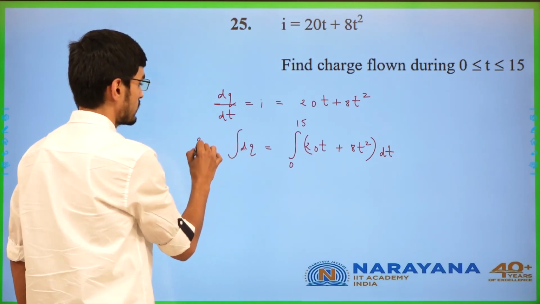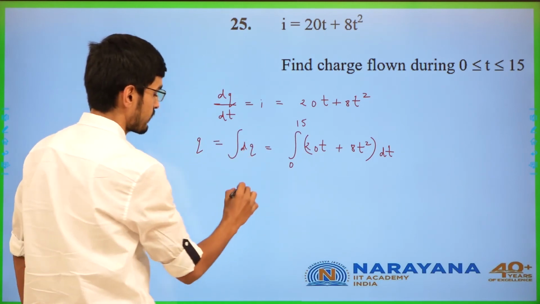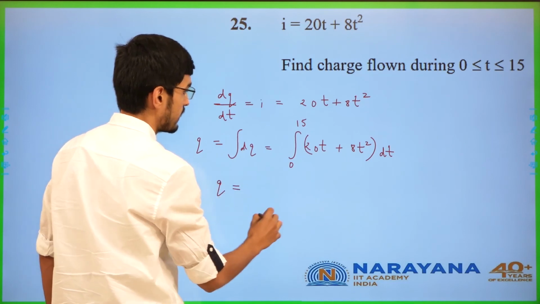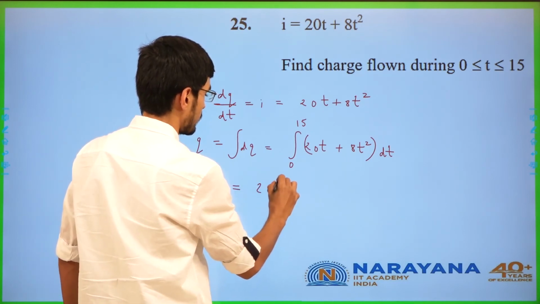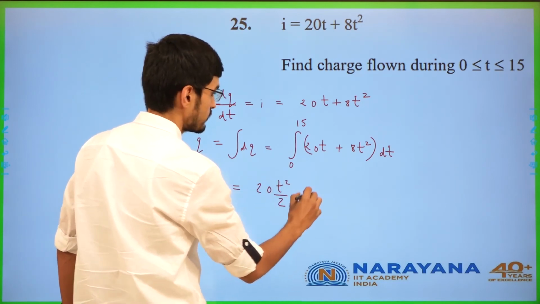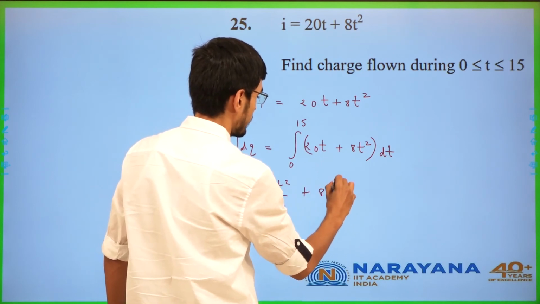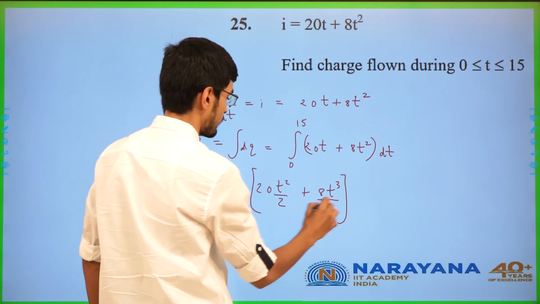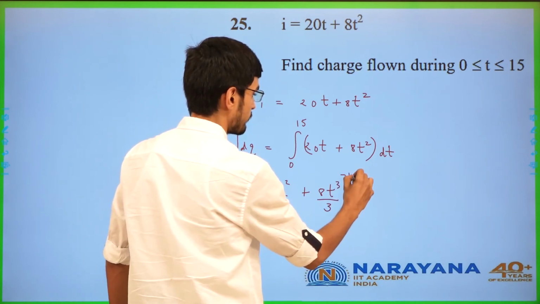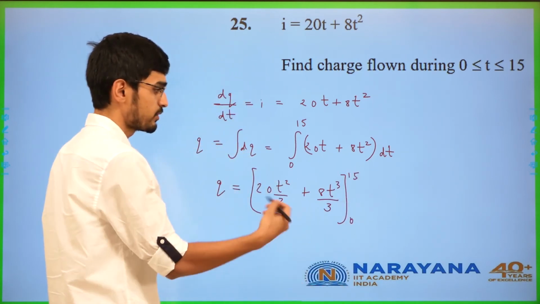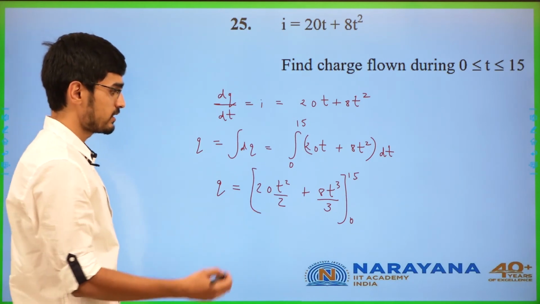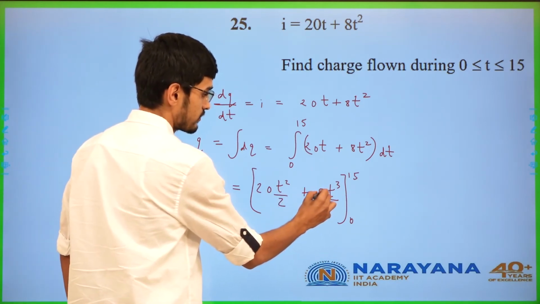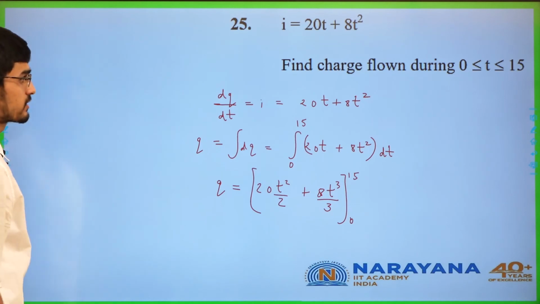This will give the total charge flown in that time. So we can obtain this as 20 into t square by 2 plus 8 t cube by 3, and the limits will be from 0 to 15. So we can put in the values and easily compute the final result for this, right? Next,